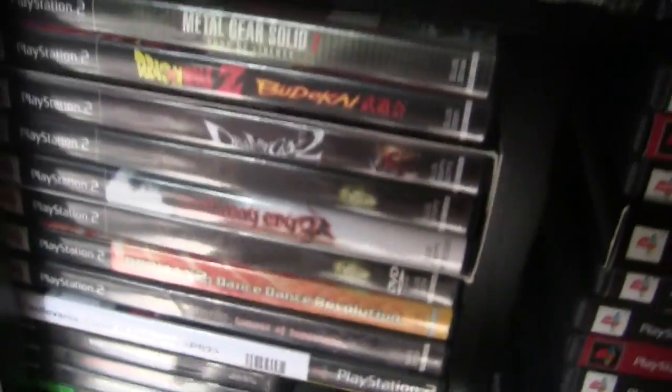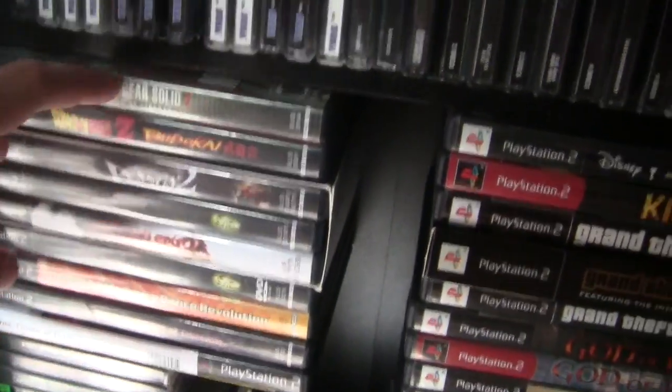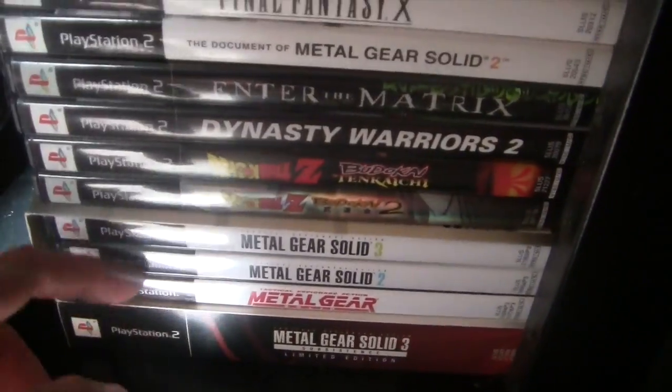Jedi Power Battles. That game's so cool. But anyway, then starting here, I have some of my PS2 games. There's a bunch here, and there's a couple of them here. Some really cool stuff. A lot of them are just repackaged games that I bought, like multiples of them, but